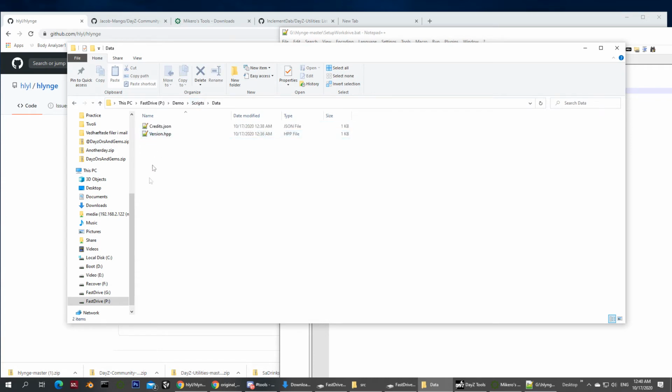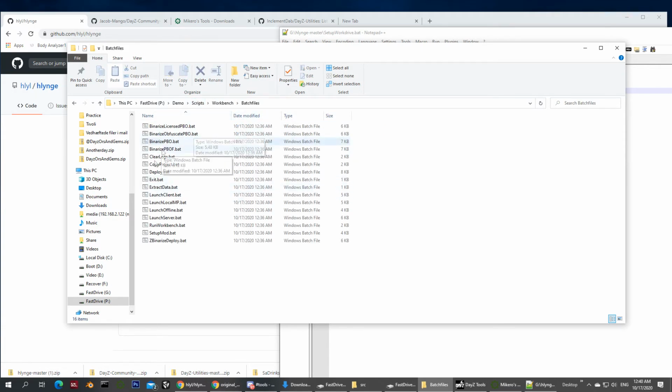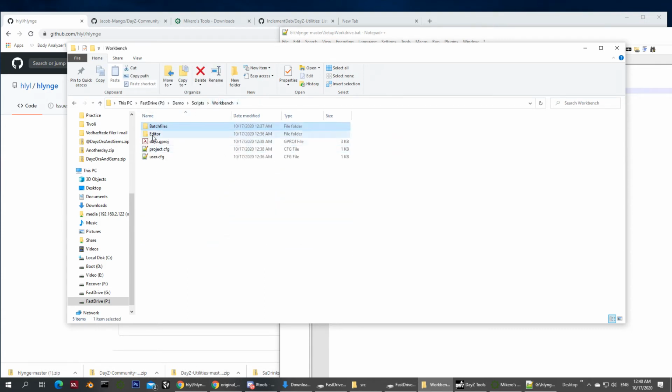I have a credits and version included default. I have the workbench folder that contains different batch files that are used to control the whole process. That contains editor plugins with links to the menus that we want to have in the workbench.